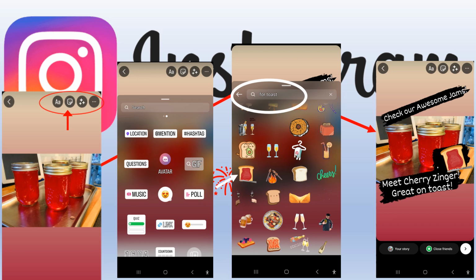When typing in keywords, the words have to be spelled correctly or your search will not work. There are more GIFs if you keep scrolling down the page. And remember, with every edit, you must hit Done. This will appear at the top right-hand side of your screen. And then you will be able to return to a particular story to continue editing at a later time. My story is now coming together.